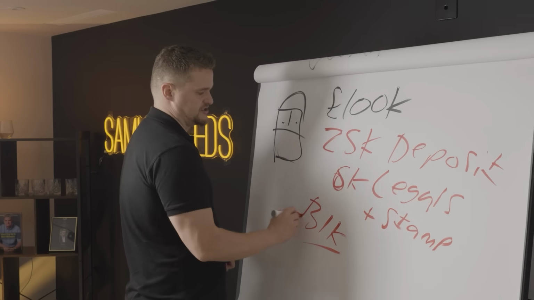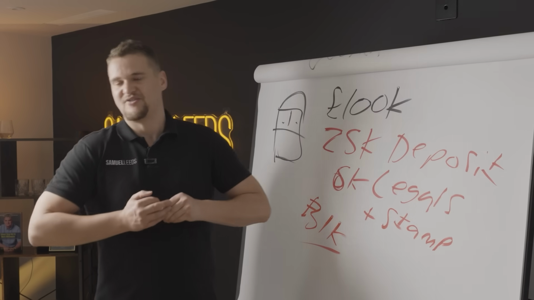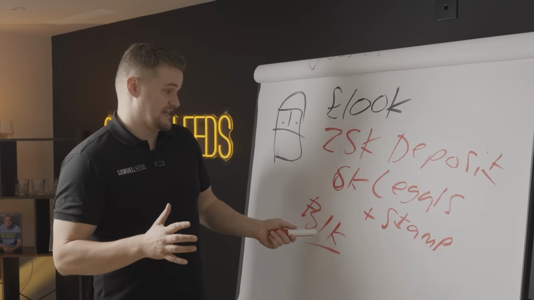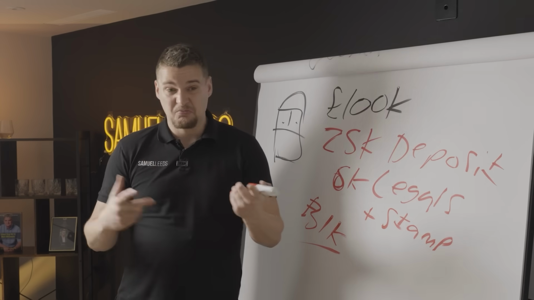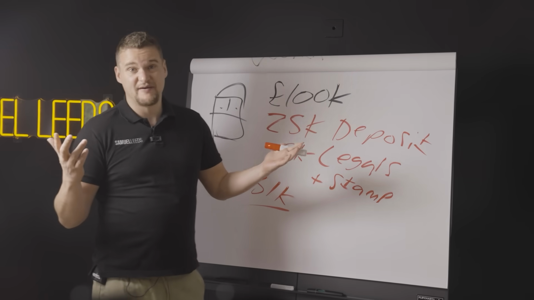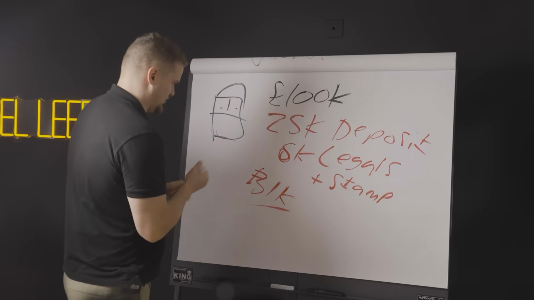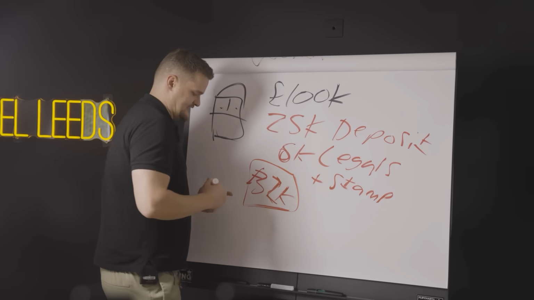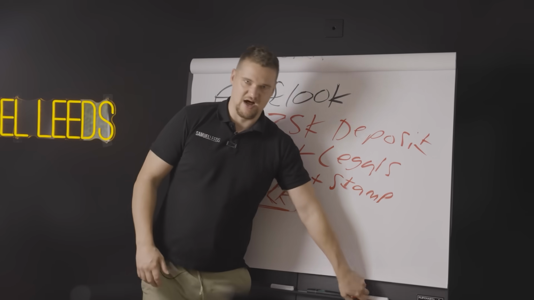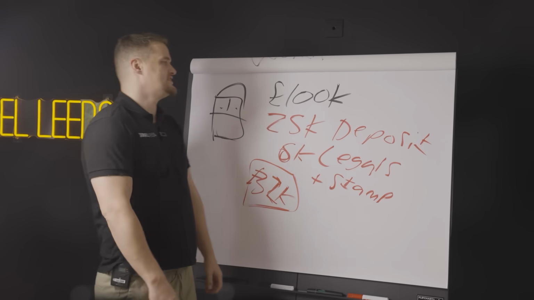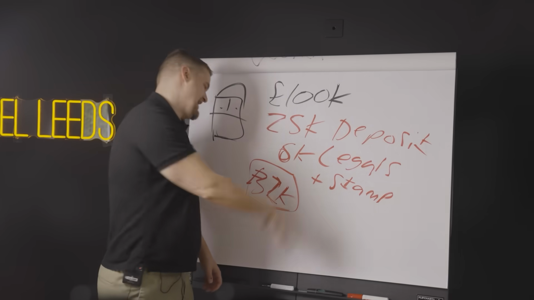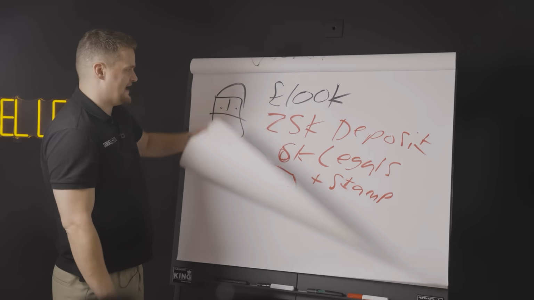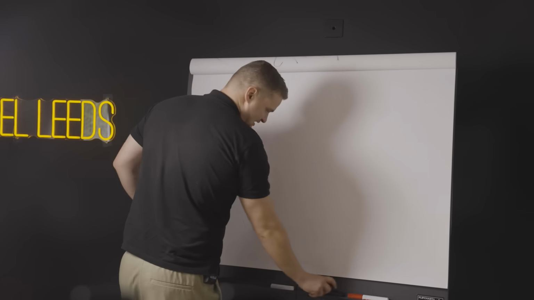Now that assumes that the house is already in good condition. You don't need to do a thing to it. That assumes that there's no additional costs. That's not taking into account a survey as well. You probably want to get a survey, which is going to cost you a few hundred pounds. So I'll tell you what, let's call it 32. 32 grand is how much it's going to cost you probably to buy an average 100 grand house. That is your total cash invested. So the next thing is to say, okay, well, if that's our total cash invested, let's not forget,